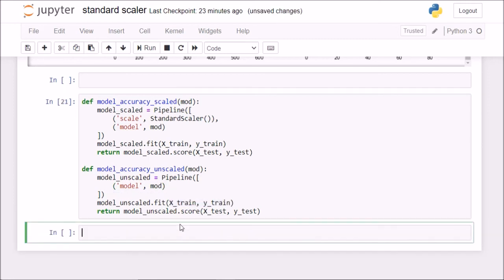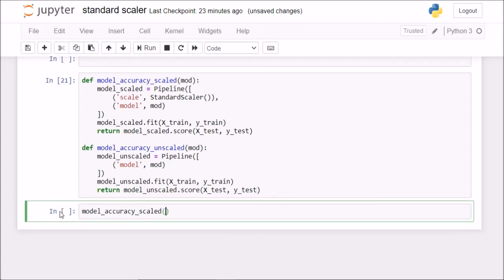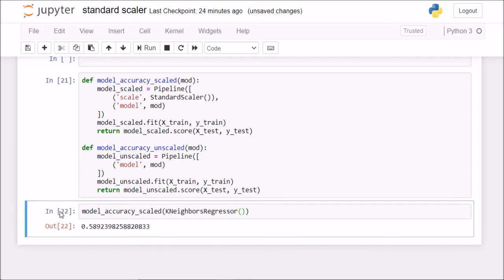So first I'll say model accuracy scaled. I'll do it for the scaled data first. Now for the model, I'll first pass in a linear based model. So for linear based, I have chosen k nearest neighbors, because KNeighborsRegressor is based upon Euclidean distances, and it will perfectly demonstrate what effect scaling has on such algorithms. So I'll say KNeighborsRegressor, and I'll do it for the default parameters first, so I won't pass in any n_neighbors argument. So when I check, my accuracy is 58.92%,